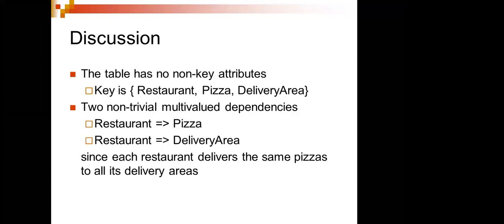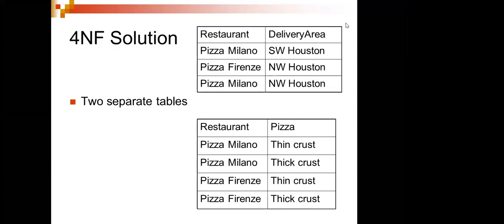Since the restaurant delivers the same pizza to all the delivery areas, it will distribute its product to everyone. So what I'm doing in the fourth normal form is separating the tables. I should have the restaurant and delivery area, that means where the restaurant is and where I have to deliver. Then depending upon the delivery area, I'll have the restaurant. Here I have the restaurant, and here we have some products called pizza. Like this I'm trying to segregate in the fourth normal form.